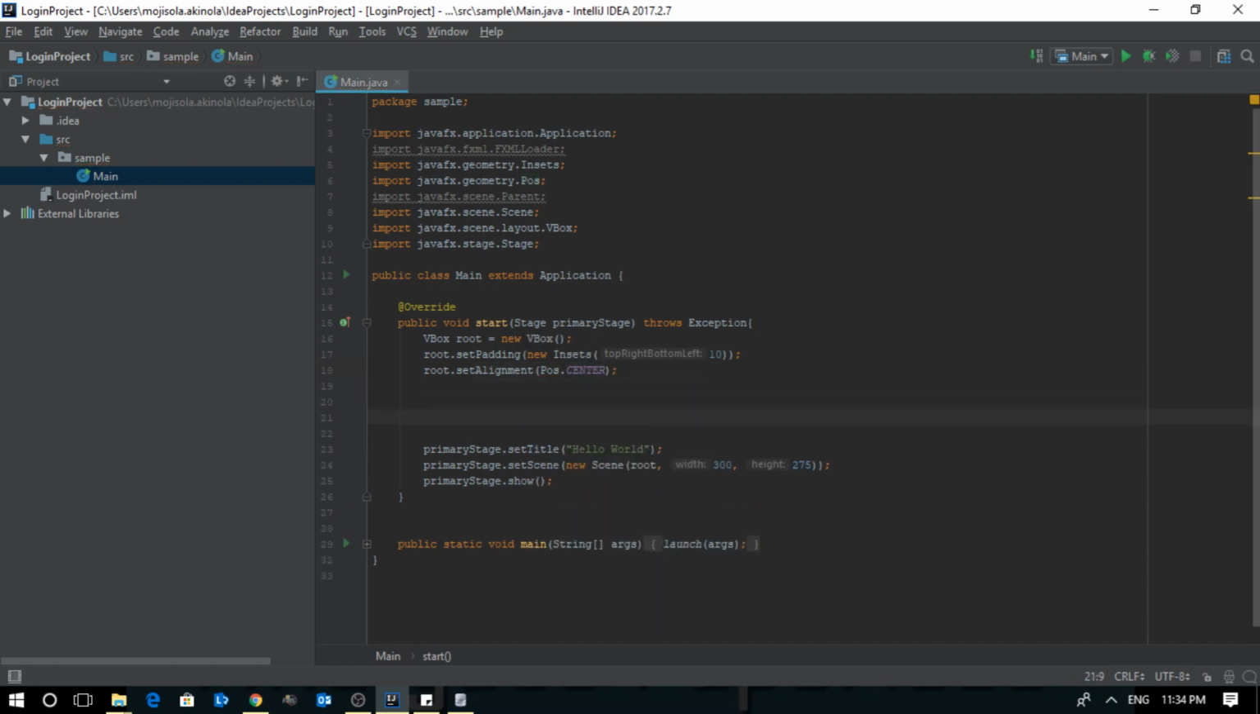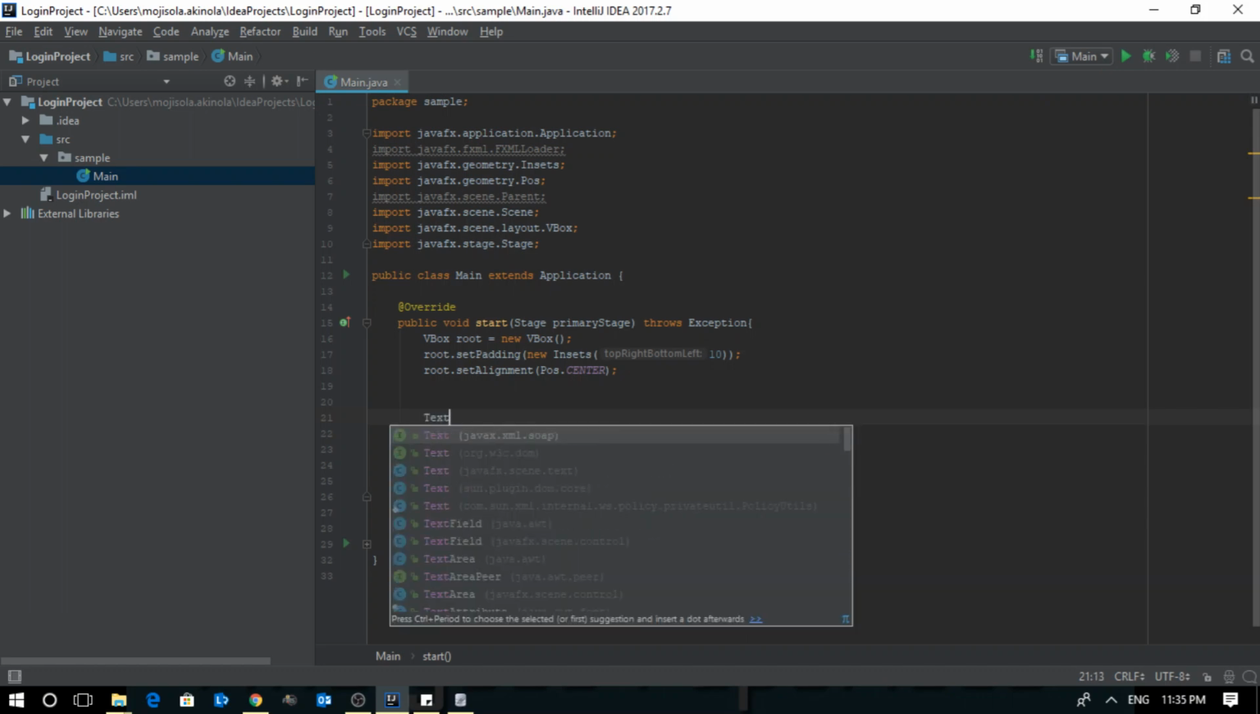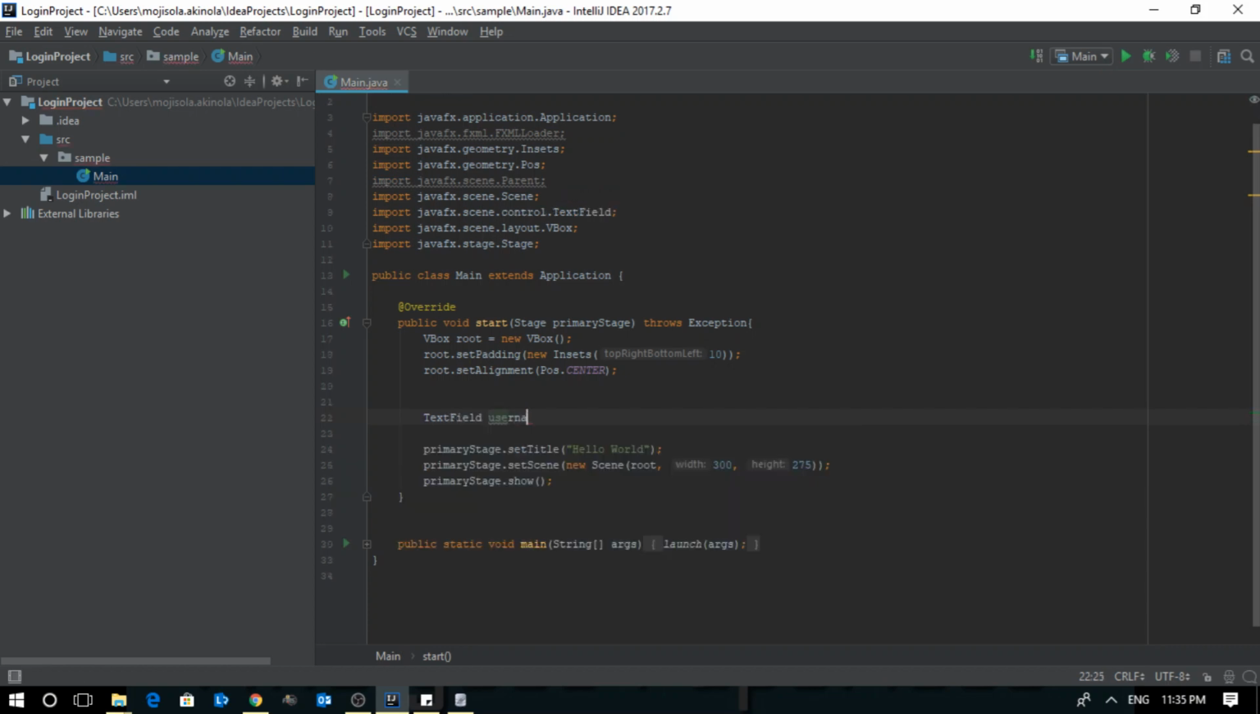Alright, now I'm going to add a text field to handle the username, a password field for the password, a button to control the login, and a label to show the output if the login detail is correct or not. So first things first, the text field. You see TextField, javafx.scene.control, and we're gonna name that usernameField equals new TextField,